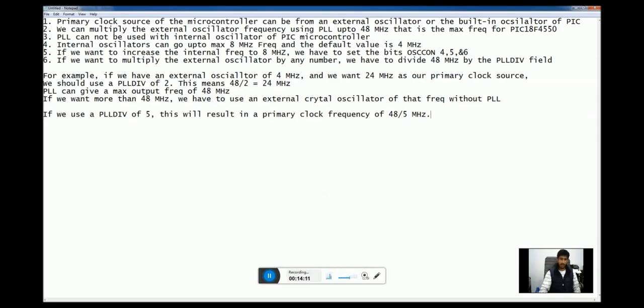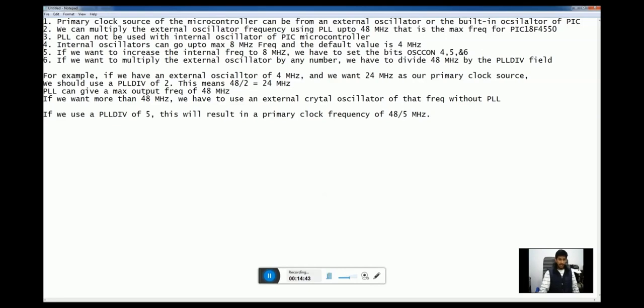We are not using all the configuration bits available to us, all the options available to us at the moment, because right now we are at the start of using this IC. Once we start using the peripherals and building complex applications for this controller, then we will be exploring the related options one by one.